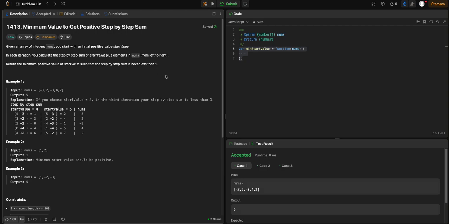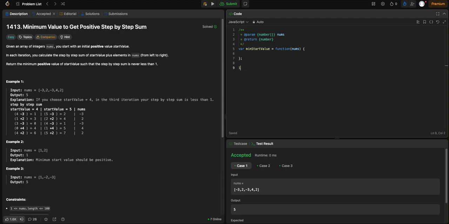Okay, that was all very confusing to me when I first read it. It took me a minute to figure out what they're trying to do here. But essentially, you're going to return whatever the start value is, and we want the minimum start value. So what does that mean? The start value has to be a positive number. So the minimum, we always got to start with 1, right? So if you look at this first example,